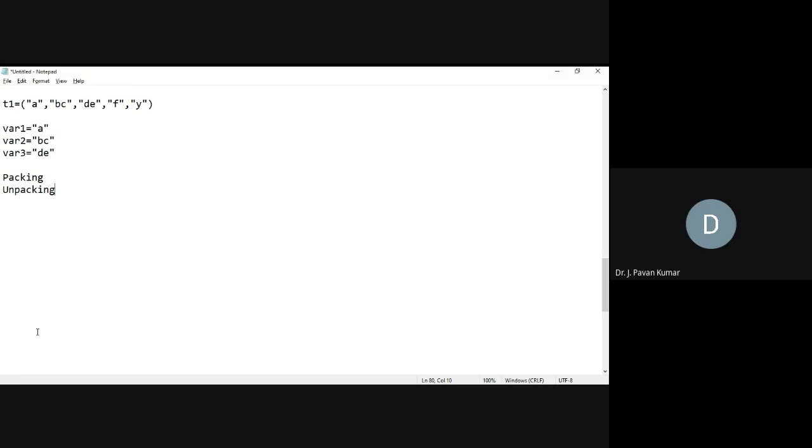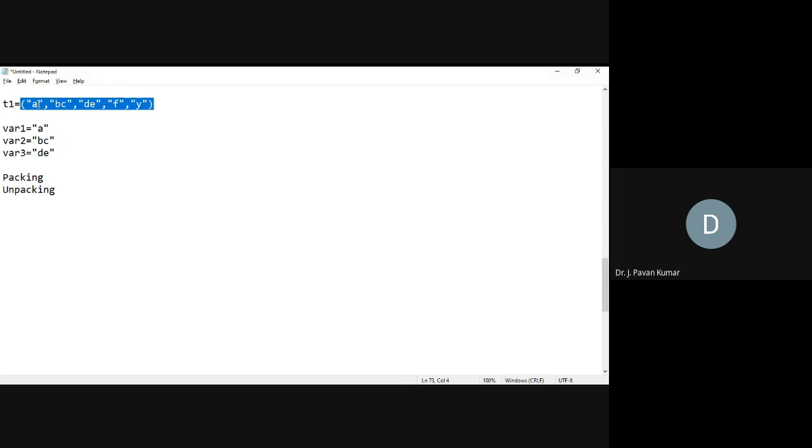Yeah, that means in the tuple we are having some collection, that is packed elements we are having. Those all packed elements we will be getting into individual variables, not single variable. Single variable in the sense, whenever we combine only we will get a single variable. What is the variable name for all these values? T1. T1 is the variable name, that is the tuple name.